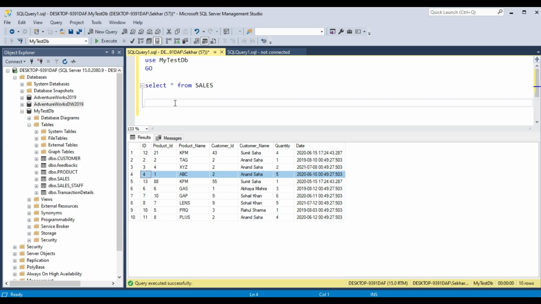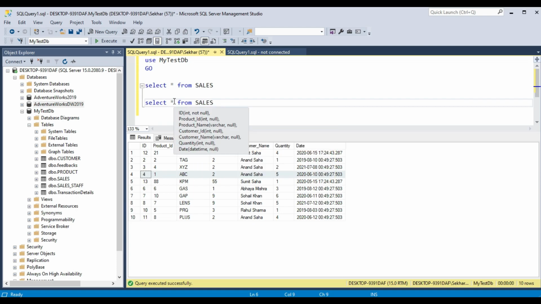So let's assume our target is to check the customers with the number of orders. How will we find out the customers with the count of orders they have done? Our query would be like: select star from sales.